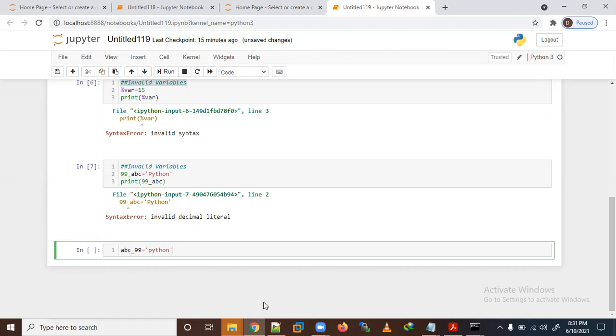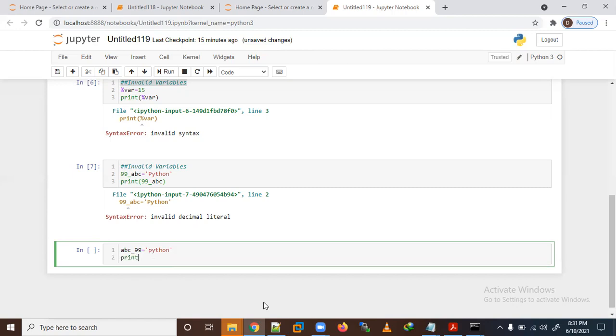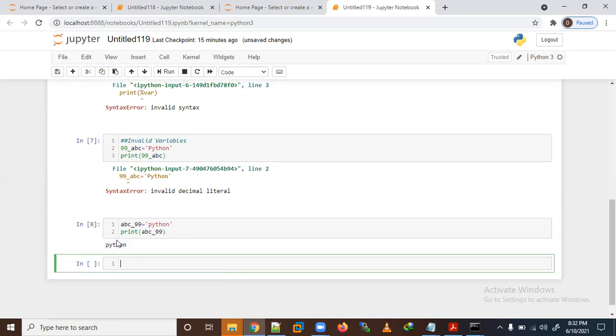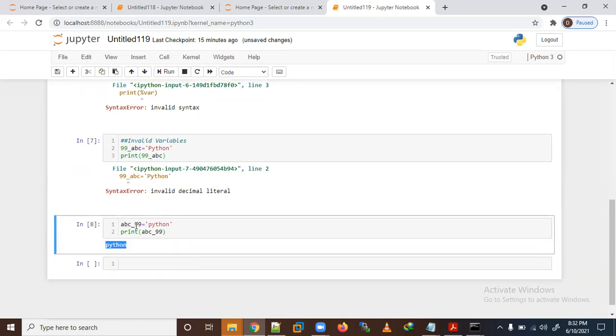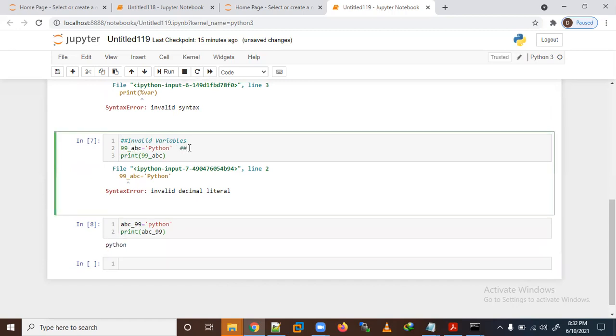Now print. It is allowed, so you will get the result Python. But here it's not allowed, because it starts with a digit. So it is not allowed.